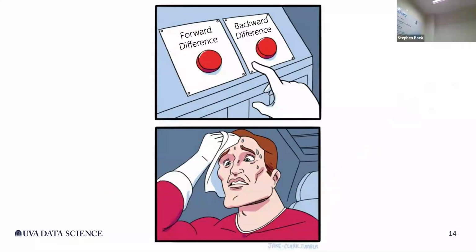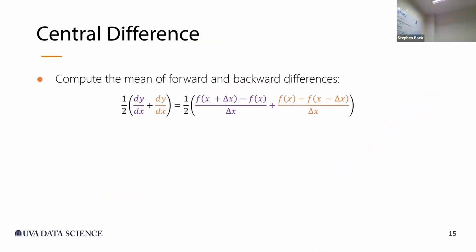Or if it's hard to decide between the two, you can just take the average of the two, which is called a central difference. Because if you actually take the average of the two,